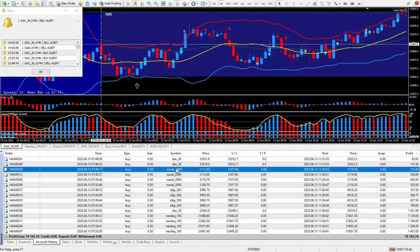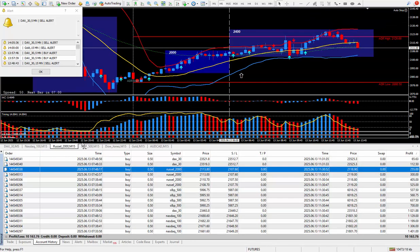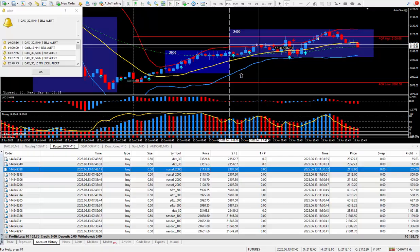Okay, let's move on to the Russell. 4 positions here. Normally pays $10 for each tick. I'd have to divide that by 2 as I did a half a standard lot. So I took the money, divided it by 5, and on the first trade here, on the Russell, so let's drag and drop this up, see where I got in at. First one, it's 51